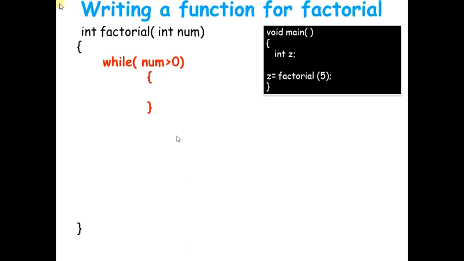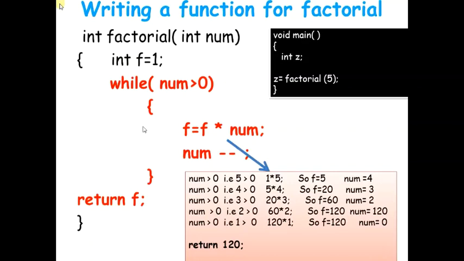So going back to the function definition, here I am using a while loop. I am checking whether the number is greater than 0. If it is greater than 0, I go ahead and compute the factorial. Now this is an elaborate functioning of the code that I have written. When the number is greater than 0, I intend to compute the factorial. Because I intend to compute the factorial, I make sure I write over here one small piece of code inside here.